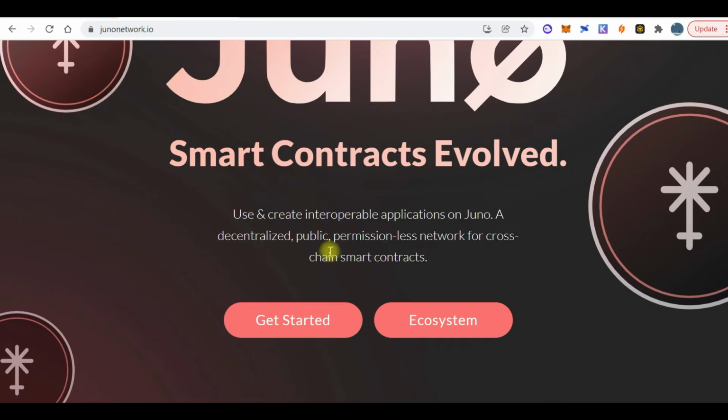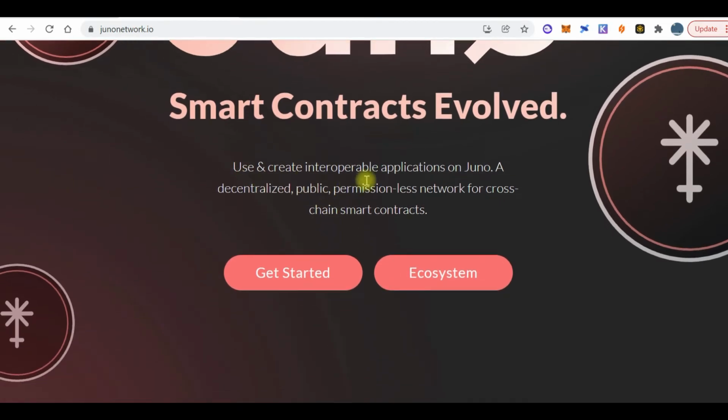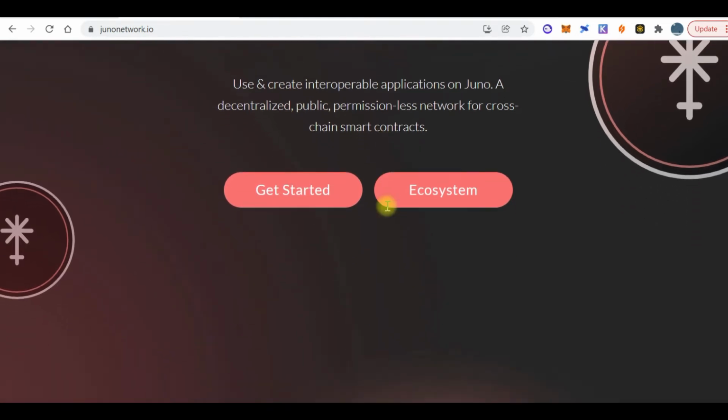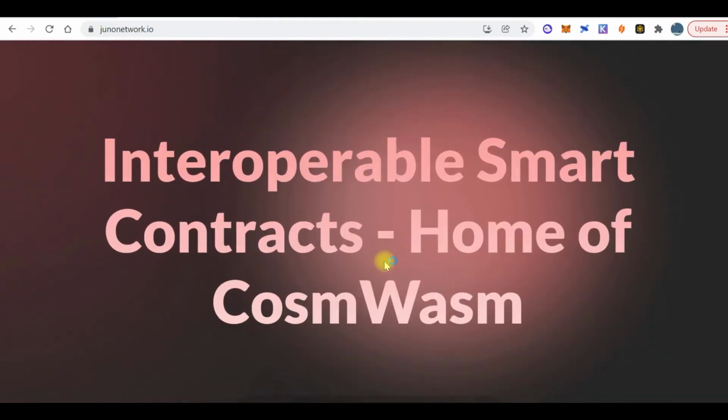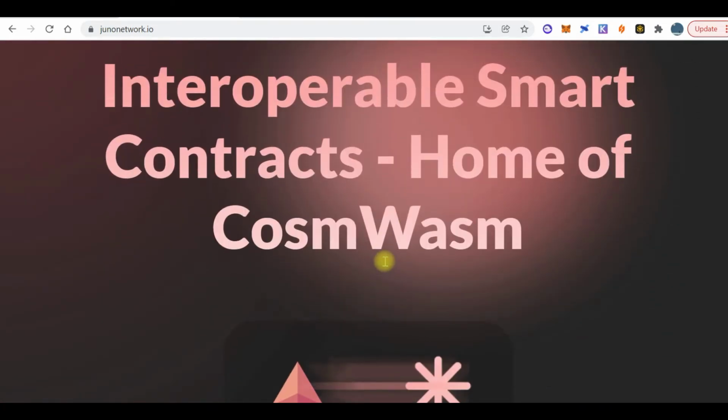It tells you to use and create interoperable applications on Juno, a decentralized public permissionless network for cross-chain smart contracts. Okay, so you would say there are so many cross-chain smart contracts running platforms or blockchains. So what makes Juno different?